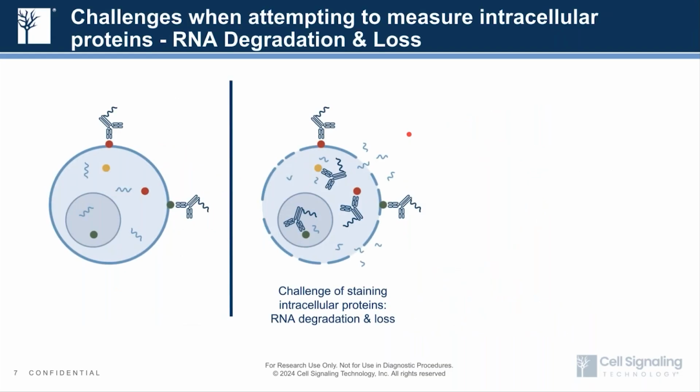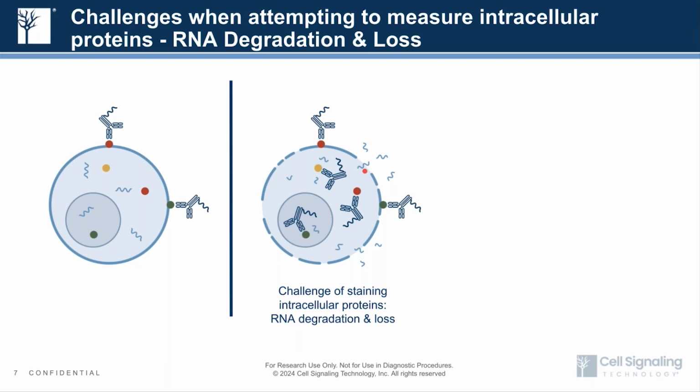Now, when I joined CST almost 4 years ago, we realized that in order to achieve that, you have to fix and permeabilize the cell. And this is outlined here when you have these holes in your cellular membrane. And we found certain challenges that we did not expect. One of them was that the transcript is leaking out of the cell, which results in the loss of RNA. And you can see that some of the transcripts are shorter than the other ones,